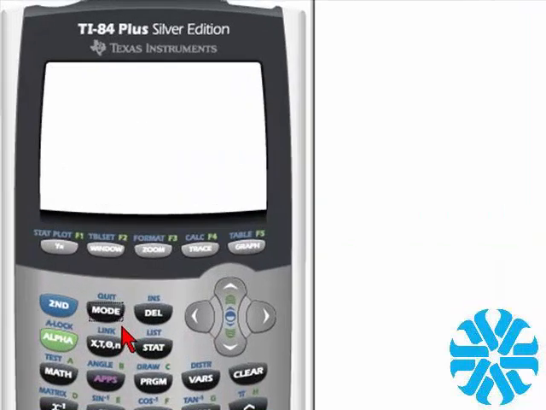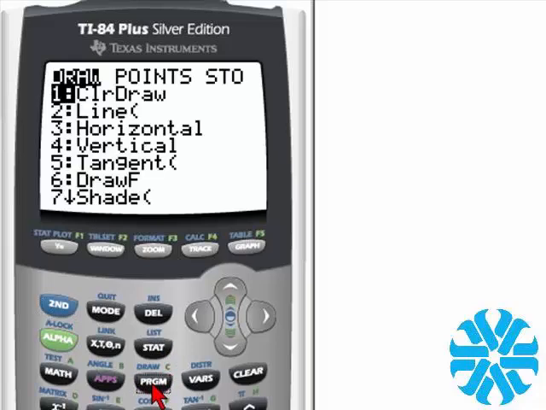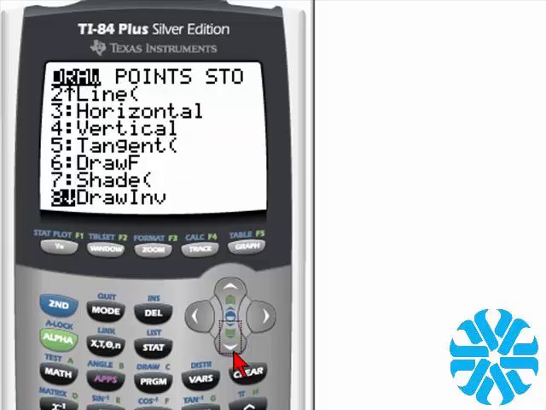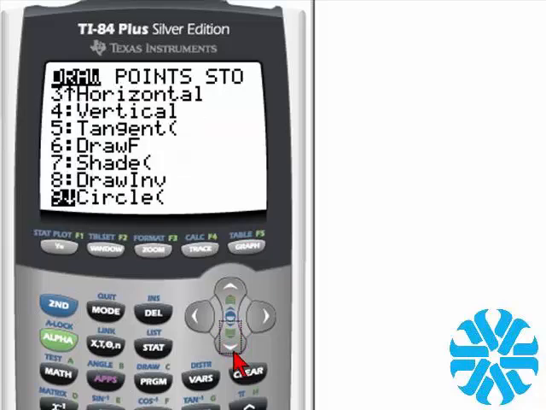So let's go to the draw mode. So we hit second function, and then you can see here is draw. So we'll hit that key, the program key. And we want to scroll down until we see the built-in function that says circle. So we don't see it here on the screen, so let's keep moving down. Number 9 says circle. So if we hit enter,